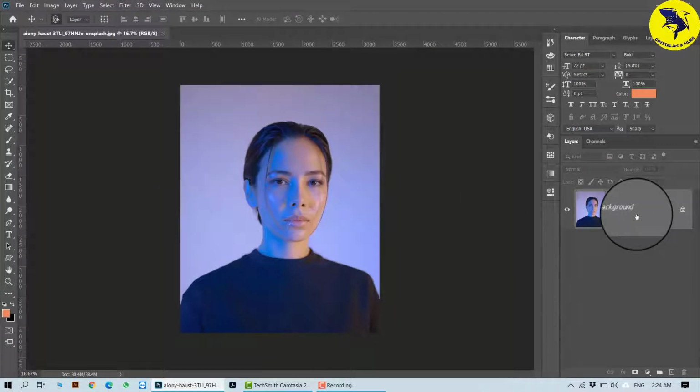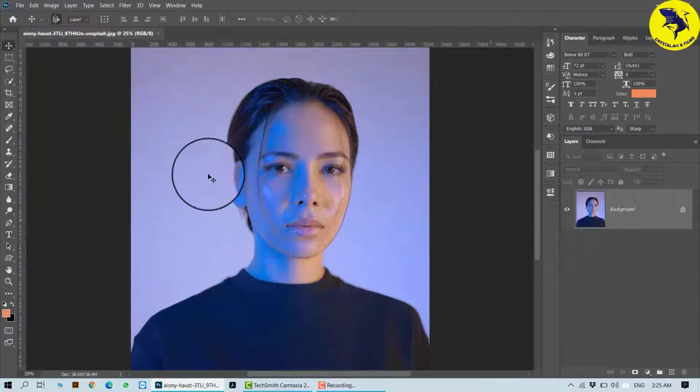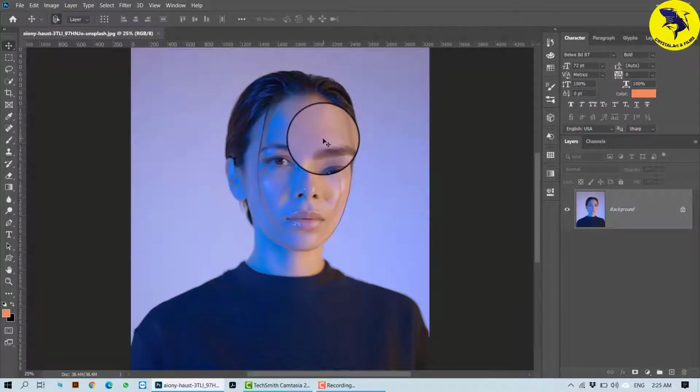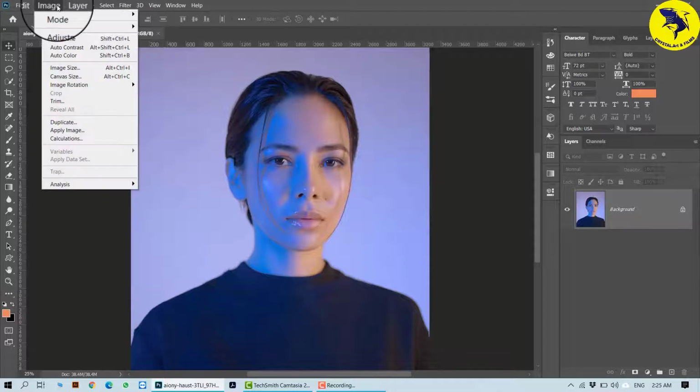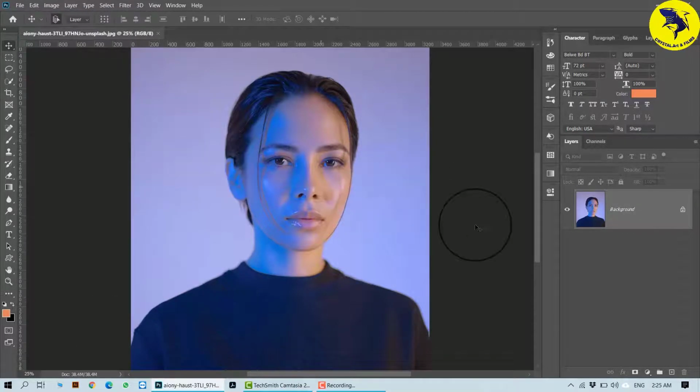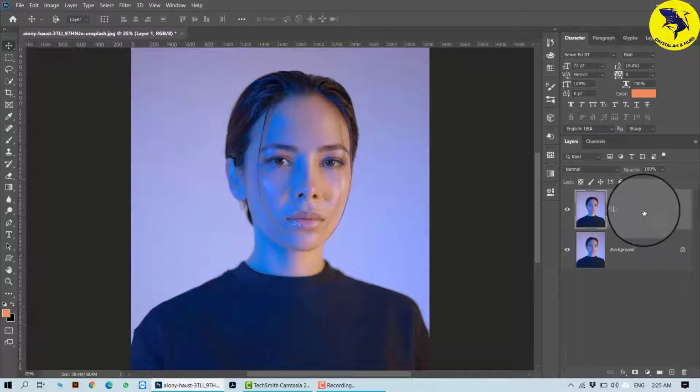See, I already have a picture here. I've used this picture in my series 1. Just for people who have seen my last video, that is the 10th video of my series 1, where I'm talking about auto tone, auto contrast, and auto color, this is the picture I used. I just wanted a good quality face picture, and I found him. That's it. So now what I do is Control J to duplicate the image of your previous one, keep it here,